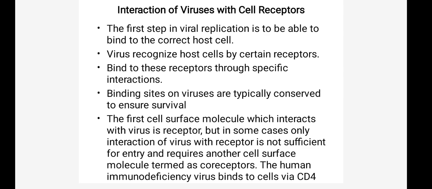Because, as we know, the hepatitis viruses grow only within the hepatocytic cells, that is the cells present within the liver. Then the enteric bacteria multiply within the enteric tract, and the HIV virus multiplies within the CD4 positive cells, that is the T helper cells. These are their respective host cells, because these host cells carry the receptor for the attachment of these viruses. For that purpose they multiply within those cells only.